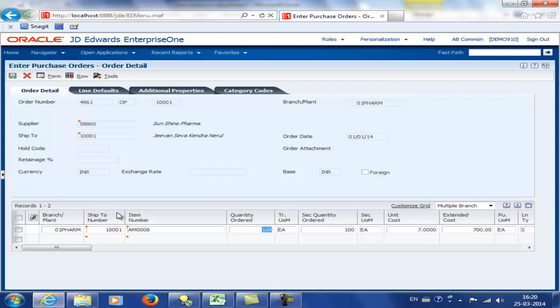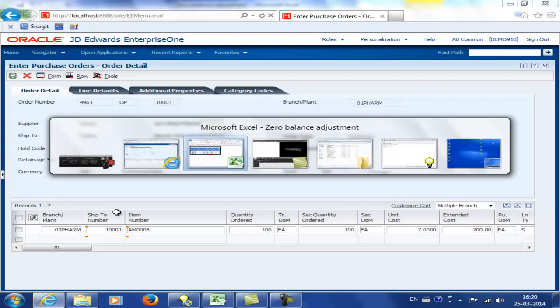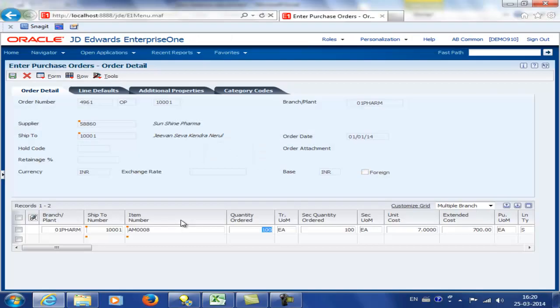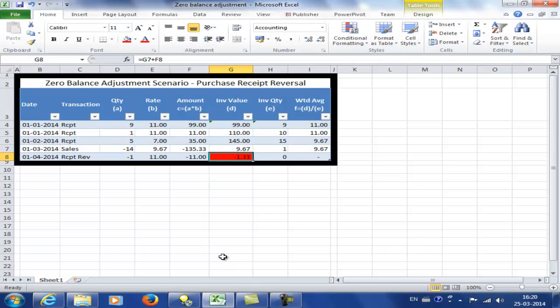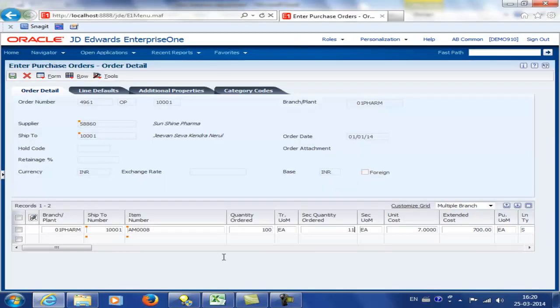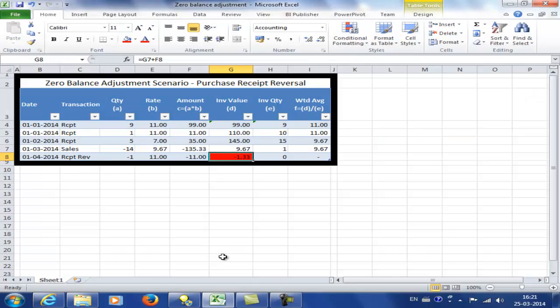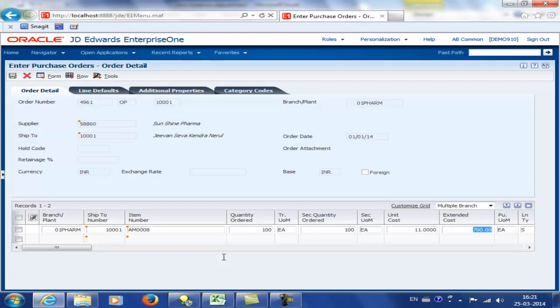We're going to order a quantity of 100, and this quantity 100 is going to be ordered at a unit cost of 11, so that's the $11 or 11 rupees. So unit cost is 11, and we blank out the extended cost so that the system calculates it. So the system has calculated 1100 as the order amount,